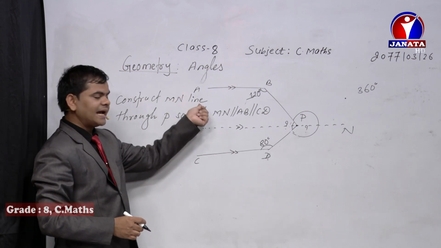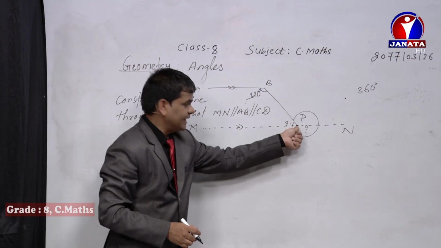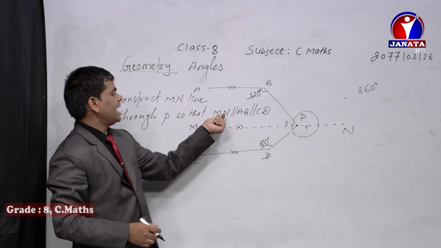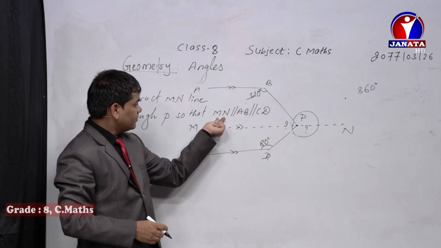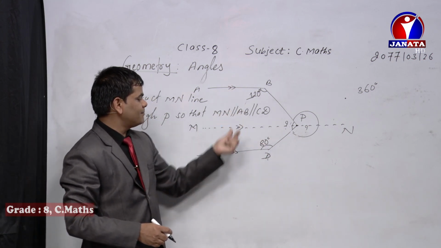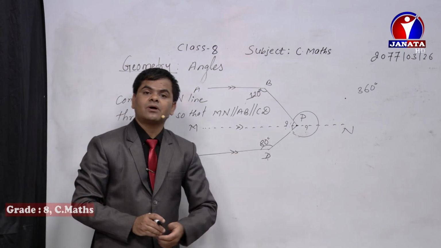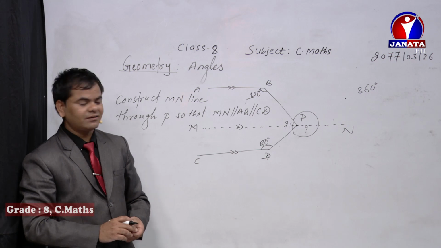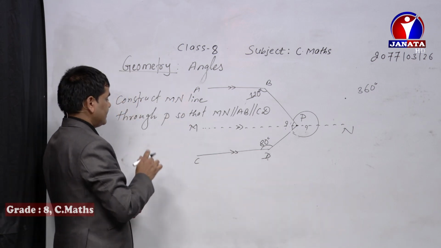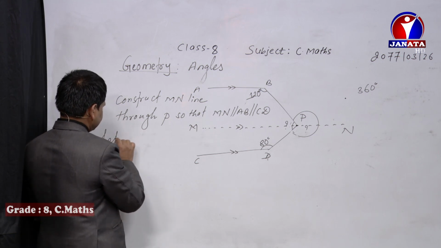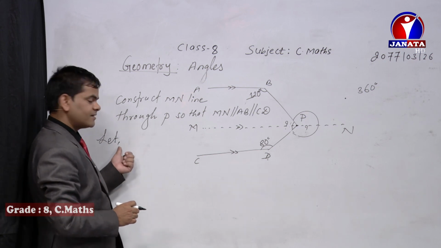Construct MN line through the point P, so that MN, the imaginary line we have just created, becomes parallel to both AB as well as CD. At that time only we can keep the assumption of alternate angle, corresponding angle, and so on. So after writing this one, dear student, now all the procedures I am going to present here. Let,